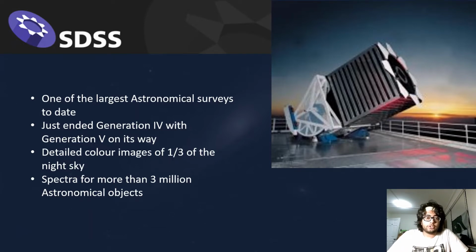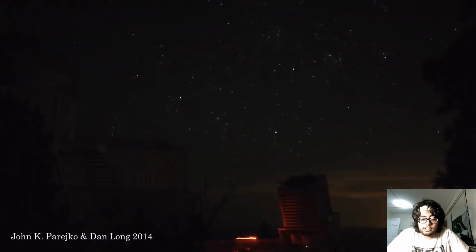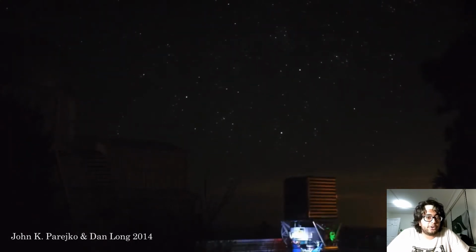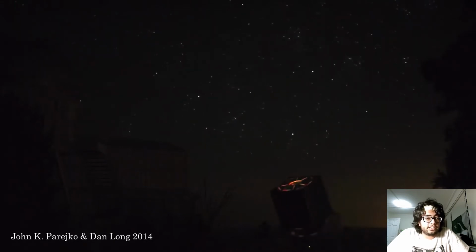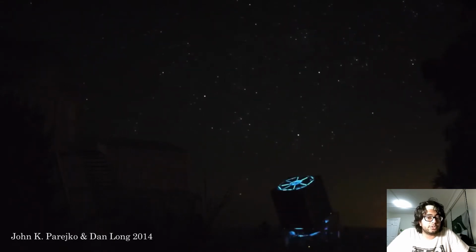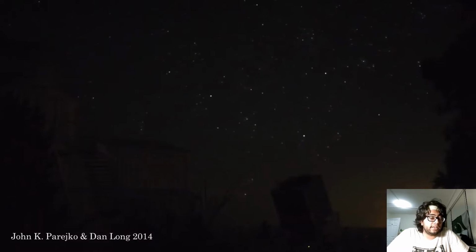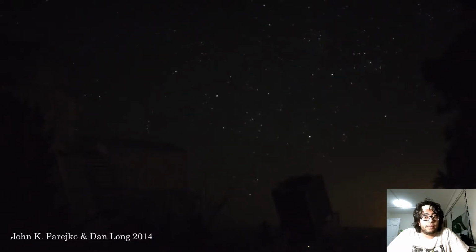And of course, in Sunspot, New Mexico, resides the 2.5-meter Apache Point Observatory telescope. This telescope is the telescope used to make MaNGA observations. MaNGA is a subsurvey within SDSS, and it stands for Mapping Nearby Galaxies at Apache Point Observatory, and it does precisely the same thing. It maps nearby galaxies at Apache Point Observatory. With MaNGA, we're able to observe the spectral and spatial images of 10,000 local galaxies, and we can use that